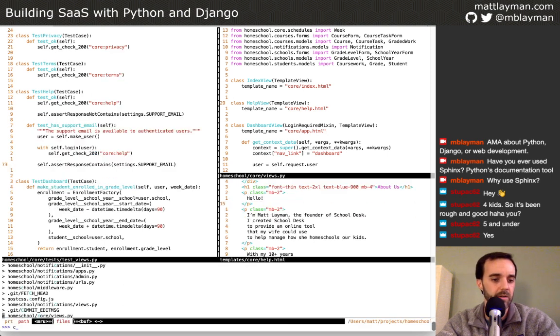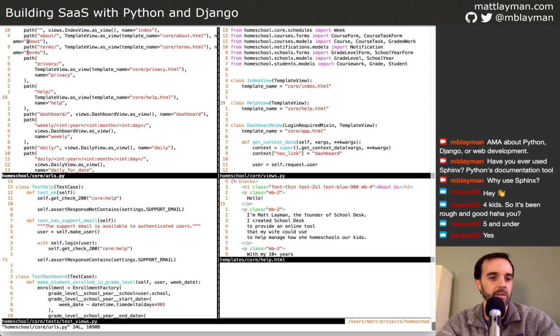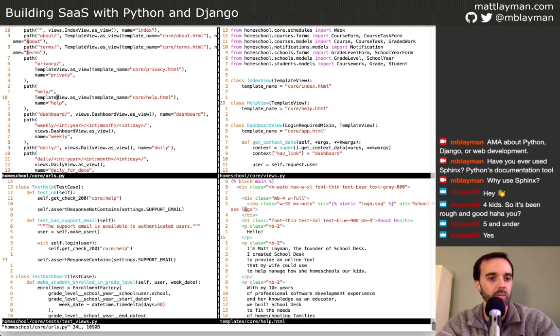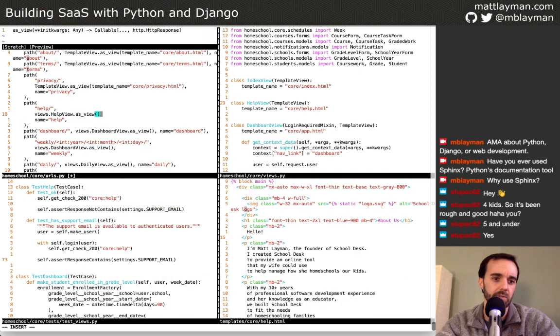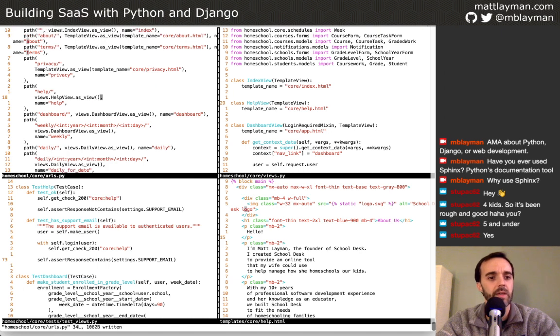Let's create a new split over here and change this help. So we no longer want to go straight to the template. Now I want to do views dot help view as view. By doing that,